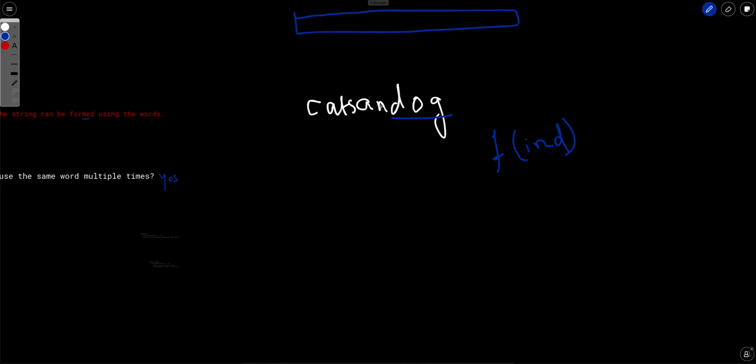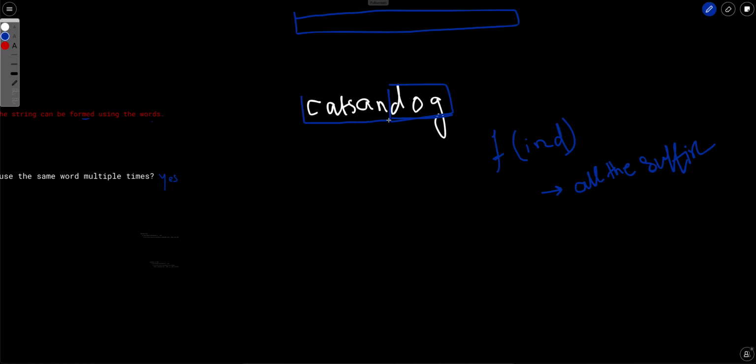Similarly, now when we reduce, let's say the dog is present in the set, so we reduce the problem to this particular string. In that case, the index will be this position. So the index denotes the last position that we care about. So now with this index, we will just traverse over all the suffixes, and if it is present in the dictionary, then we will